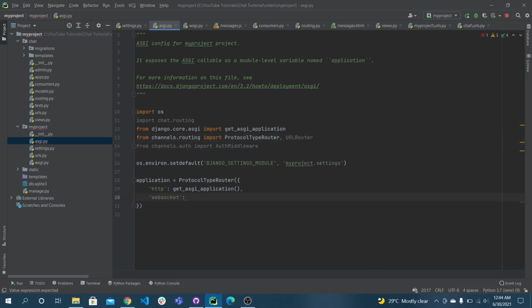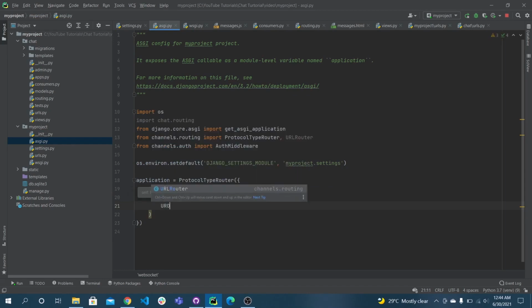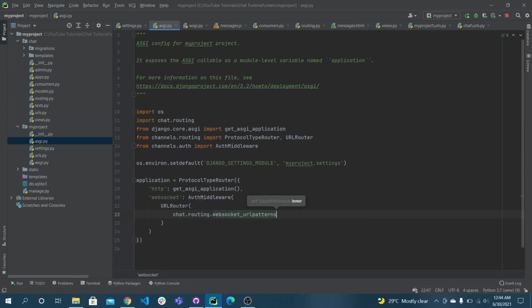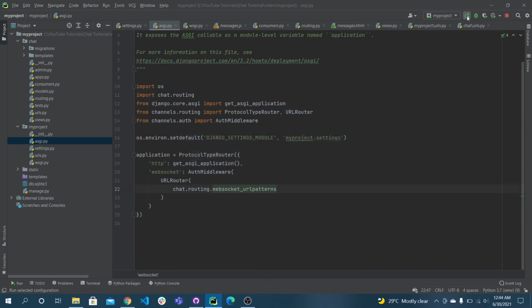Now we have to write the URLs for the WebSocket. Here we will use the auth middleware stack. Inside this we will use the URL router as the routing system, with the WebSocket URLs. Now we are ready to connect our front end with the backend using WebSockets.